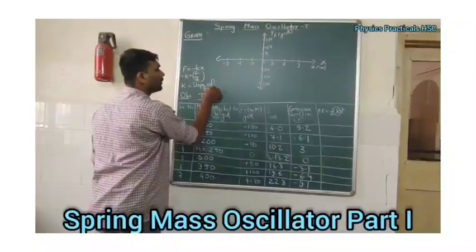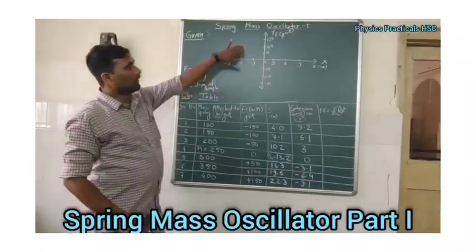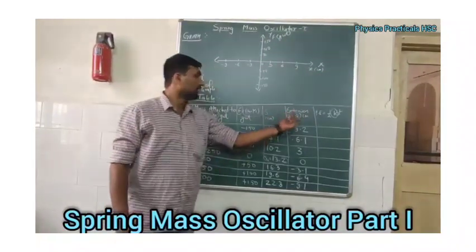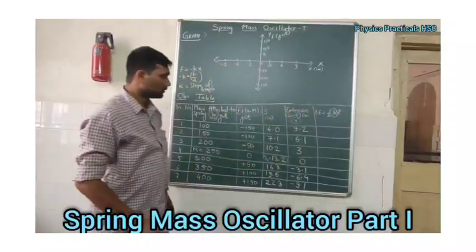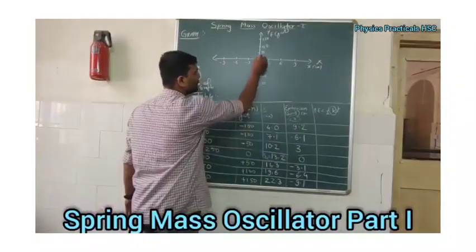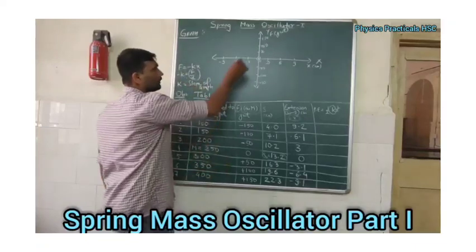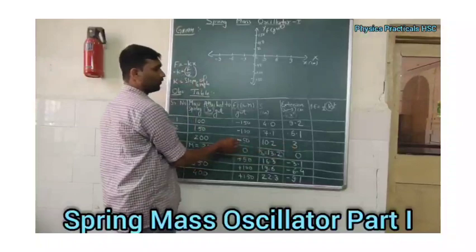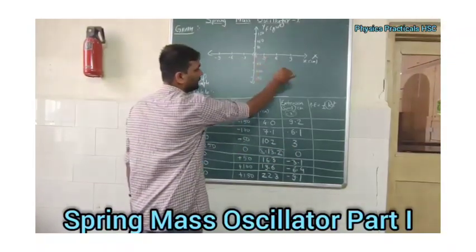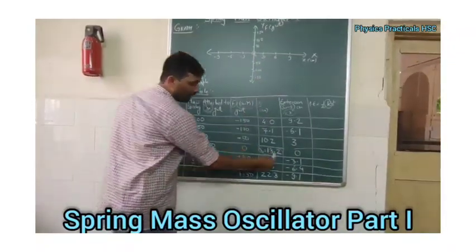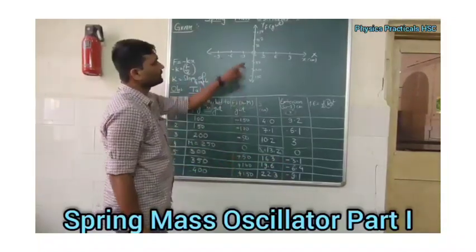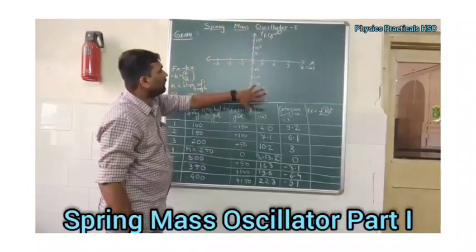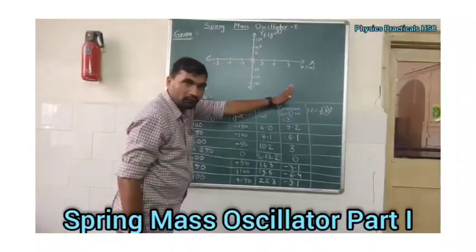Okay, so let's talk about this graph first. On the y-axis, the force in the gram weight we are taking. On the x-axis, we are taking the extension in centimeters. So coming with this, at the origin it is 0 and 0. When moving towards the upward, the extension is positive, but the force is negative, so it will be in the fourth quadrant. And when moving downward, the force is positive, but the extension is negative, meaning it is in the second quadrant. So the graph will be in the second to the fourth quadrant.